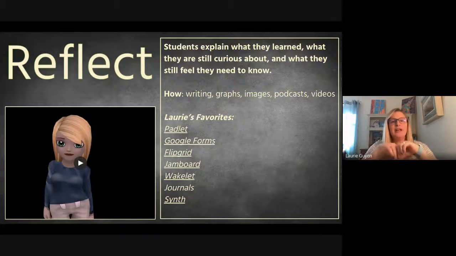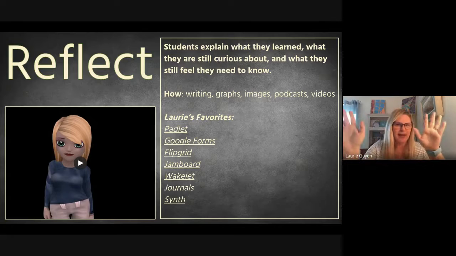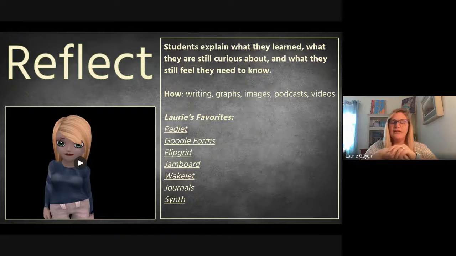The next one down is the reflection. And this is one that is often left out when we do things in the classroom, because this is where we're like, we don't have time for that. But actually, if you look at the top 10 education systems in the world, they spend more time in the reflection part of a lesson than they do in any other part of a lesson,